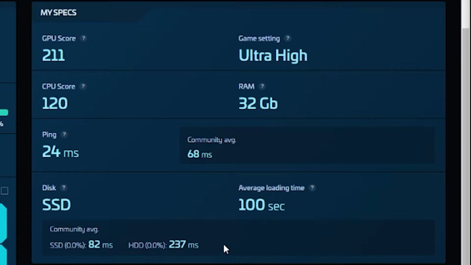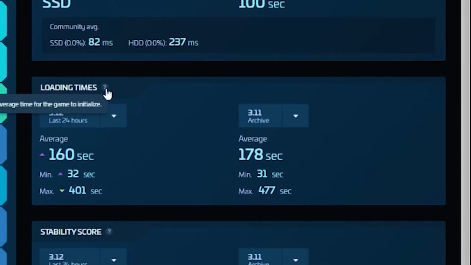So while we're talking about loading times, let's just jump down to the loading times section next. This will basically let you compare two patches in terms of loading times. So you can see that for 3.12 over the last 24 hours, the community average loading time is 160 seconds, which is greater. It's going up, I guess. It's trending upwards. I assume that's what that arrow means. The minimum loading time was measured at 32 seconds, and the maximum loading time was measured at 401 seconds,